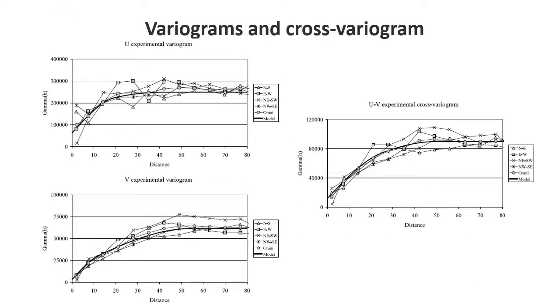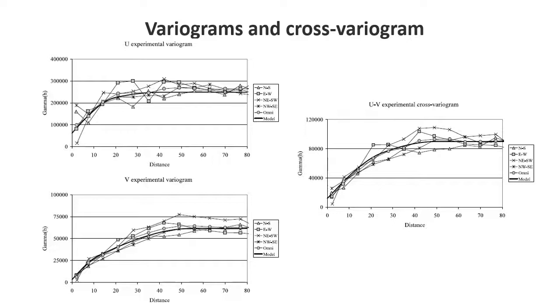So here we see now the various variograms for that case that I showed before: the variogram of U, the variogram of V, and then also the experimental cross-variogram. Because we have a positive correlation between the two, our cross-variogram looks somewhat similar in shape to the experimental variogram. The only thing you will notice as a difference is that, for example, the V experimental variogram